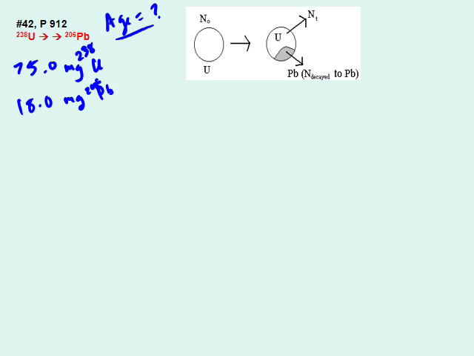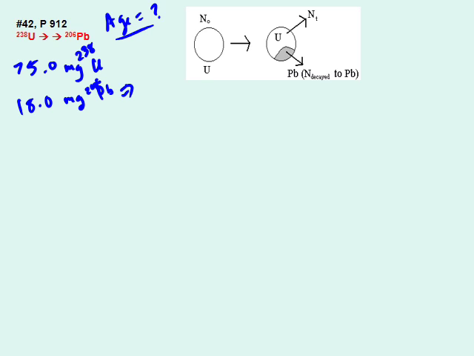So one uranium gets converted to one lead. So we are going to use that information. Now, the present day uranium that we have in the sample is obviously the leftover after decay of uranium, which turned to lead. So lead is formed because of decay of uranium. Now let's find out